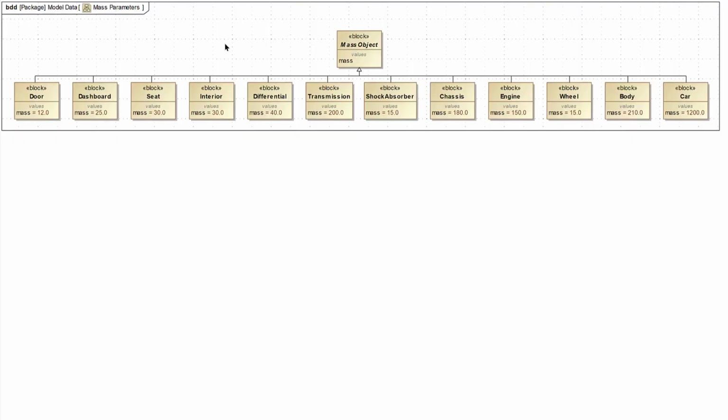So that is how you can do 2 plus 2 in Cameo Systems Modeler. I know that is not straightforward, which is why I wanted to offer this to you guys. And hopefully this will help out if you're attempting to do some derived properties or you'd like to sum values